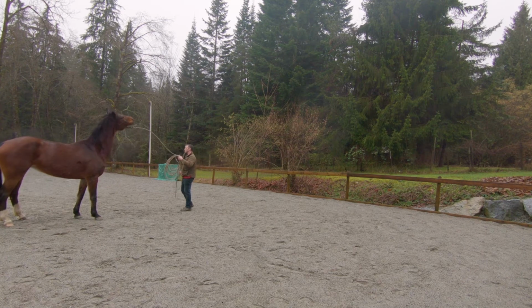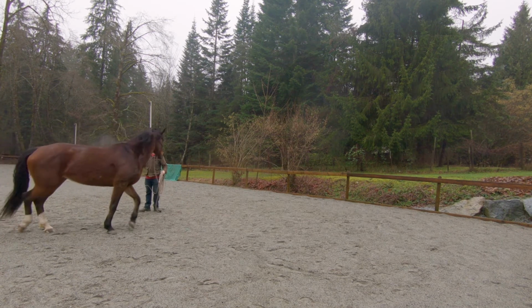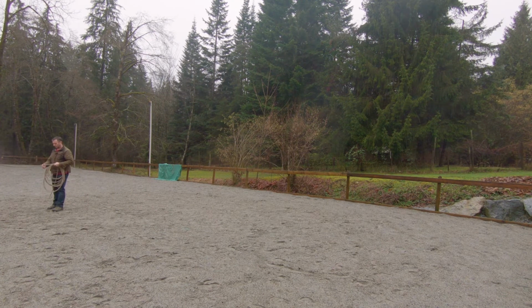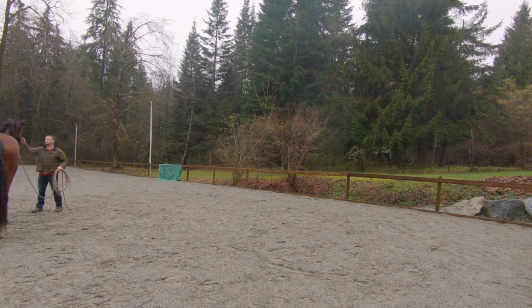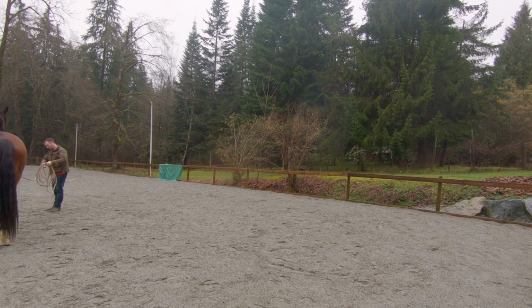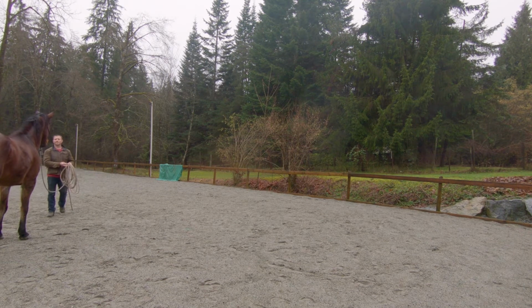I don't bug her too much, but I need to get her to a place that's comfortable, where she finds that she doesn't have to do what she's doing right now. She doesn't have to buck and kick out and try to evade the rope. Now she has successfully got the rope off of her back. I need her to come in and come meet me part way and understand that I'm going to keep doing this. Here I bring her in and I play with the rope and I throw it in the air and